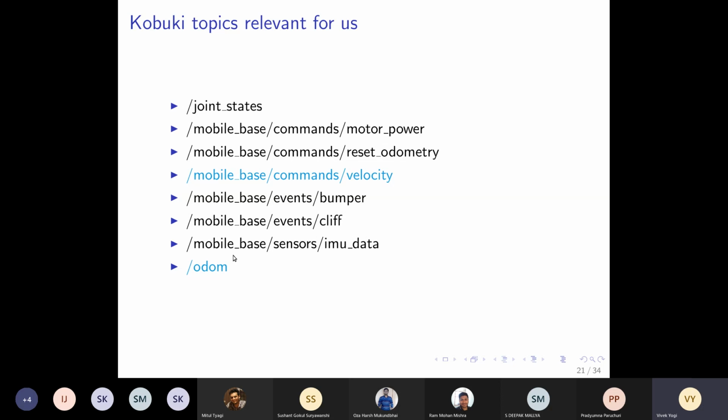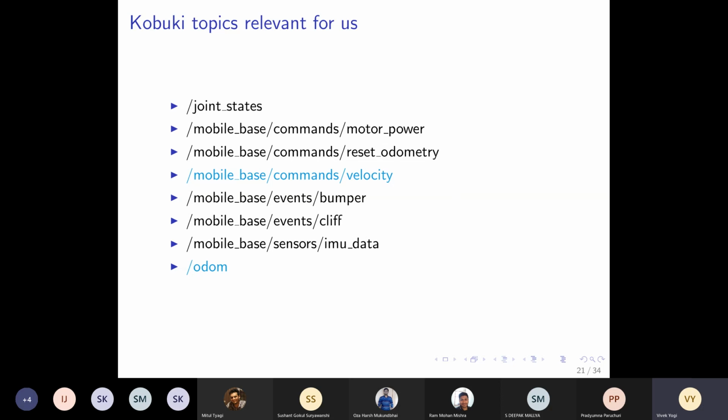Location is in terms of X, Y, Z, and there will be one more thing called orientation. If you remember, I showed you those three axes, red, green and blue. With respect to those axes, you can locate the robot in your Gazebo world. So that information will come inside this odometry topic, and the other topic is there for velocity control.